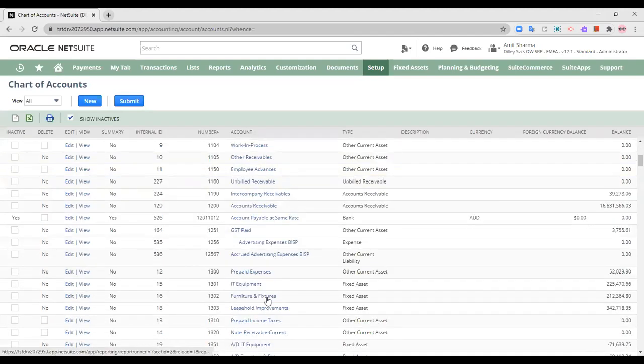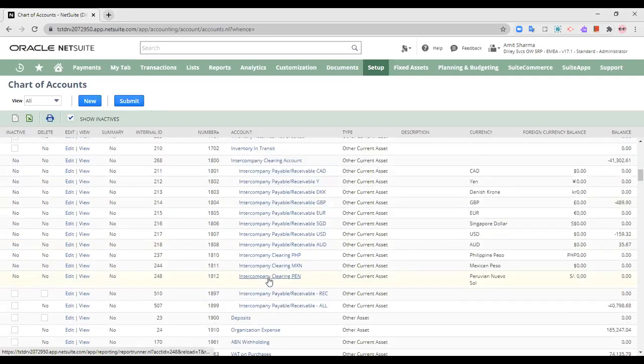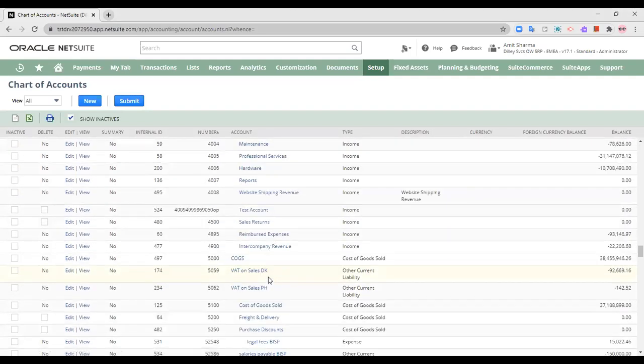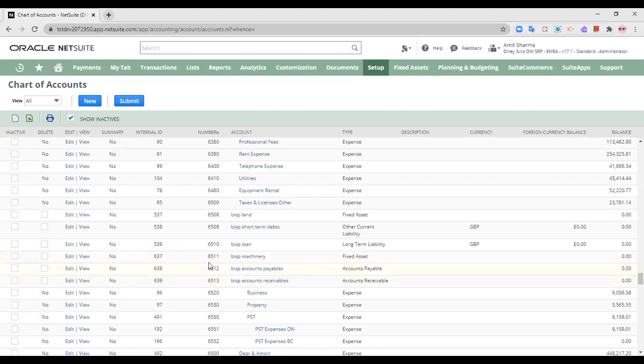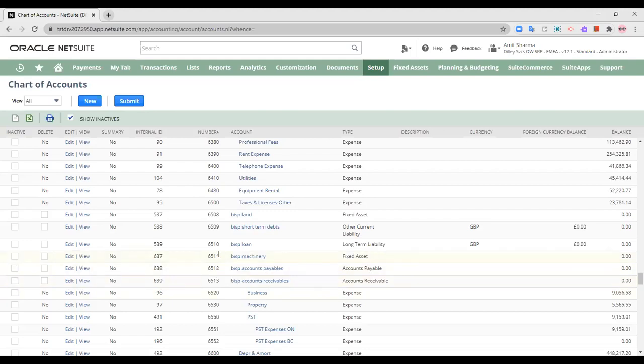We'll be finding them by our account numbers. The account numbers that we had used were 6511, 6512, and 6513. So these are my account numbers. As you can see, I have just clicked it, so they are highlighted over here. These were the accounts that we had imported.